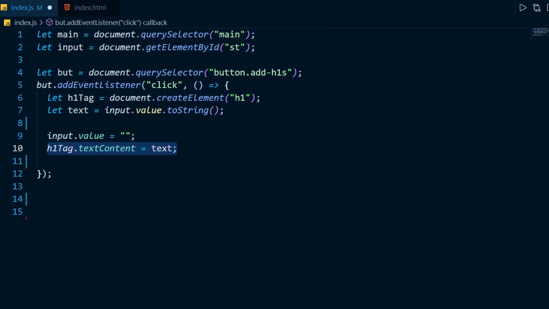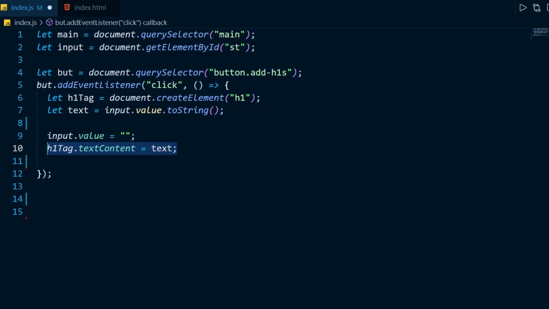And now we are changing our h1 text content. This h1 tag dot text content just simply means what is the text we want between the h1 tags, because as you might know, h1 tag also has a closing tag. So what is the text we want between the opening and the closing bracket of an h1 tag? We can do that with text content, or we can also do that with inner HTML.